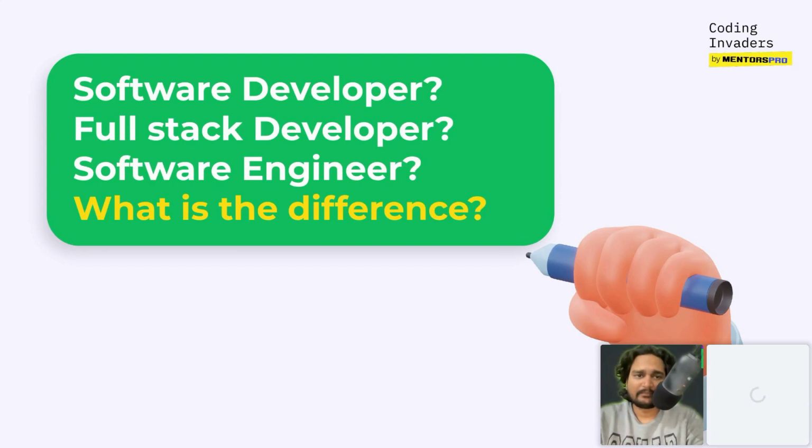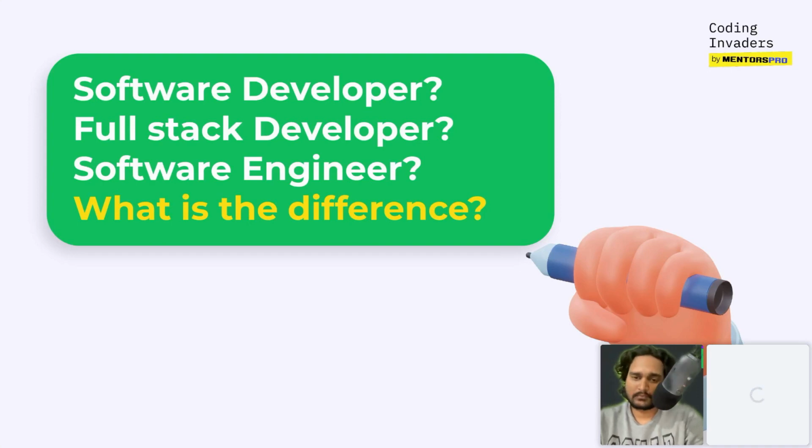All right. To be honest, software developer and software engineer are more or less the same thing. The only difference is that sometimes software engineering is more of a team activity. Software development, obviously you have a team in that case as well. But the